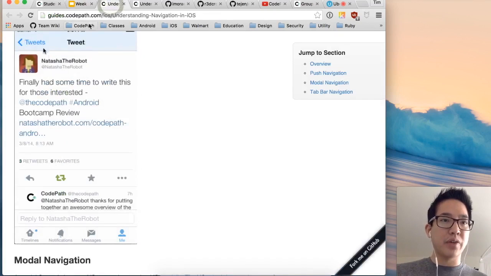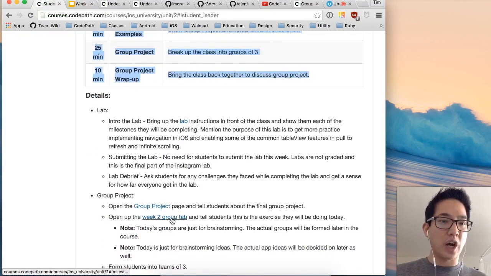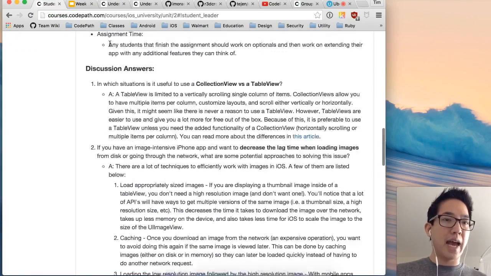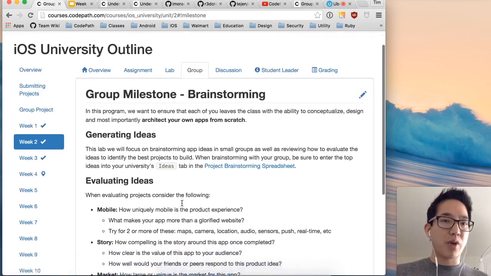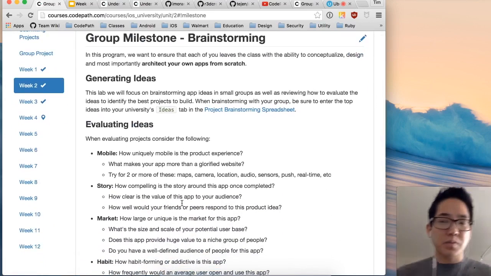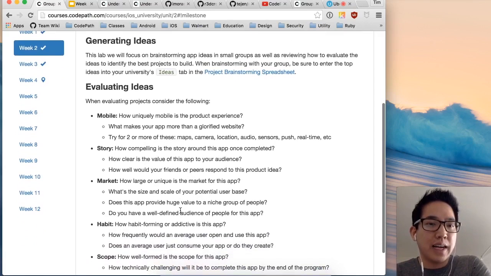So the other thing that you do in this lab section is go ahead and open up the group project tab for the students, and just talk through some of the aspects of the group project. So if I look at the group project tab, today we're going to be talking about brainstorming. And it's really important that people choose an app that they actually want to see in the App Store. And there's a number of ways that you think about